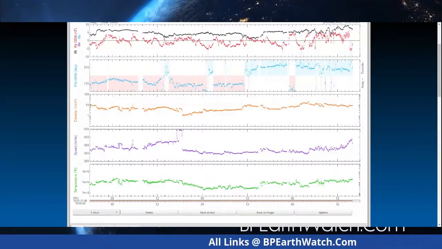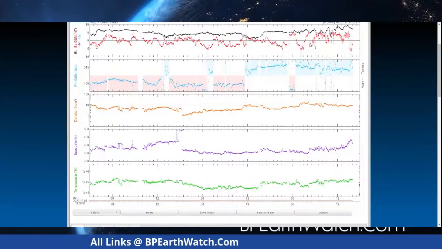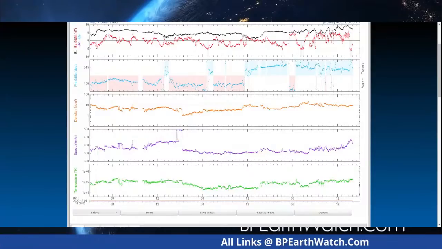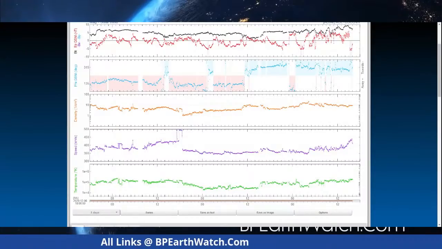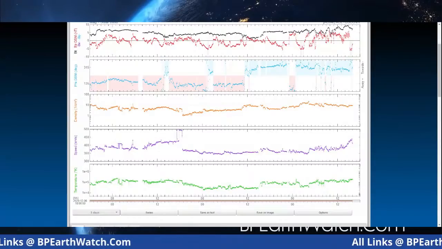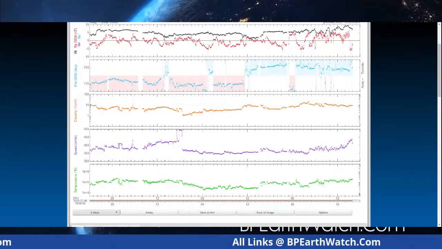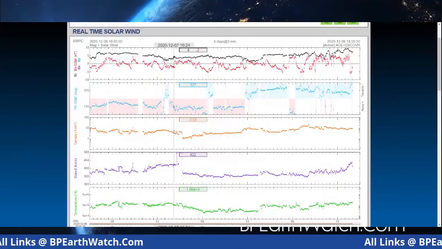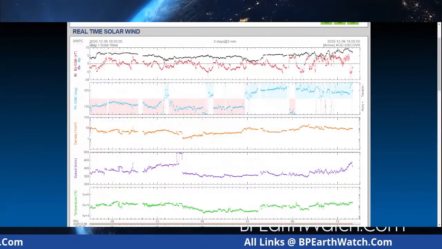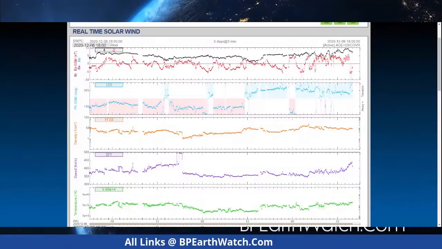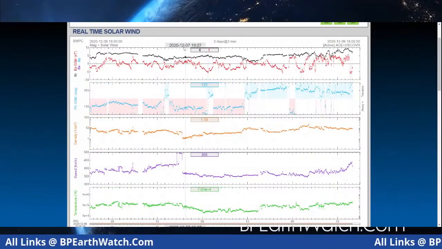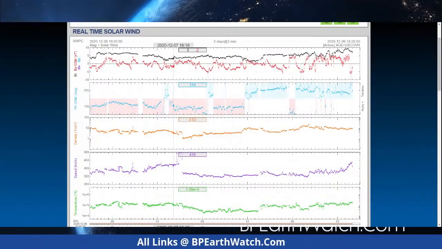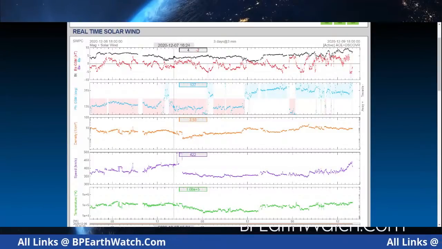But this chart shows a couple of interesting things. In the purple line right here, guys, this is representing the 7th, then the 8th, and now we're into the 9th. It's 3-day segments. So let me pull this back up, and I'm going to move the chart. I know it's kind of hard to see, but this is a 3-day chart. If you notice the timestamp here at the top, it's the 6th. Then here we are on the 7th, and let's go to about 1600 hours, when the solar flare erupted and threw this coronal mass ejection towards us.